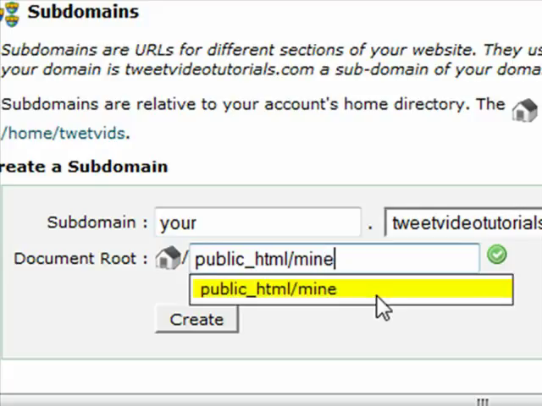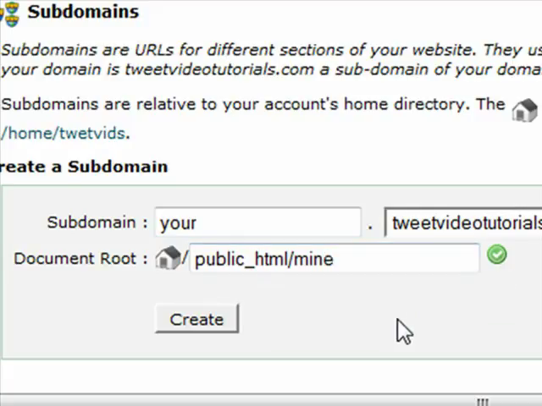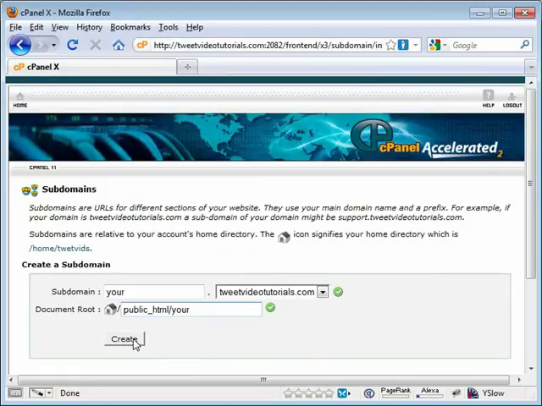I'm only doing this for demonstration purposes, because you can change this for whatever reason you would want, and the URL would still remain your.tweetvideotutorials.com. This is what you would look for as far as installing things on your FTP client, in the file manager within your cPanel, and so on. So just to let you know, you can do that. I'm not, but you can. So let's go ahead and create this.